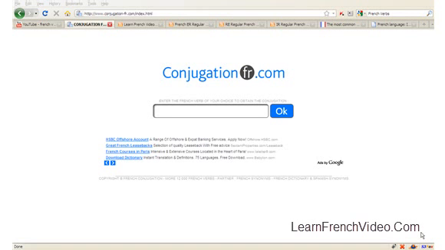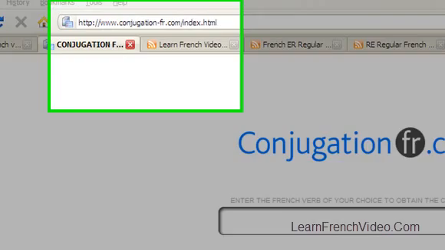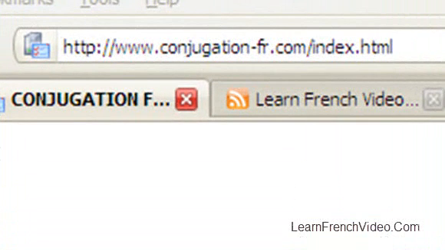Furthermore, in the lesson, you're going to see that there are some verb tenses which we use all the time and some which we never use. So there are really only a handful of tenses which you use. So this is my favorite website for French verbs. It's called